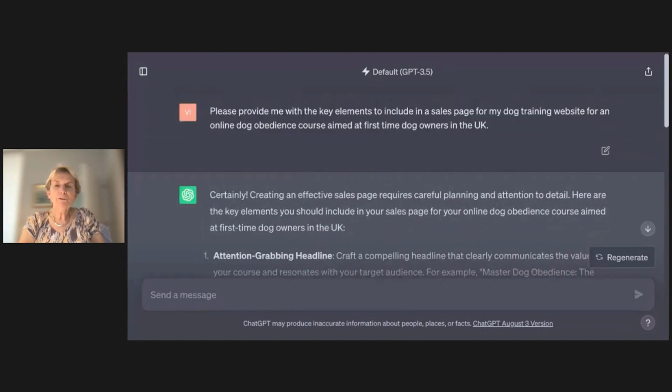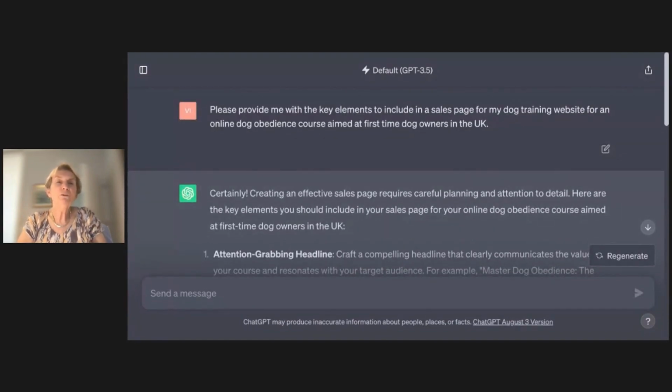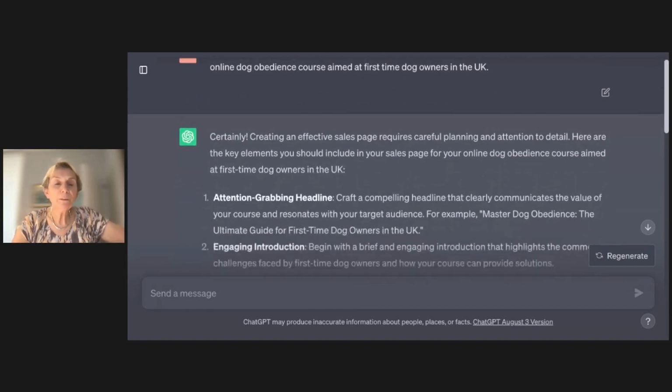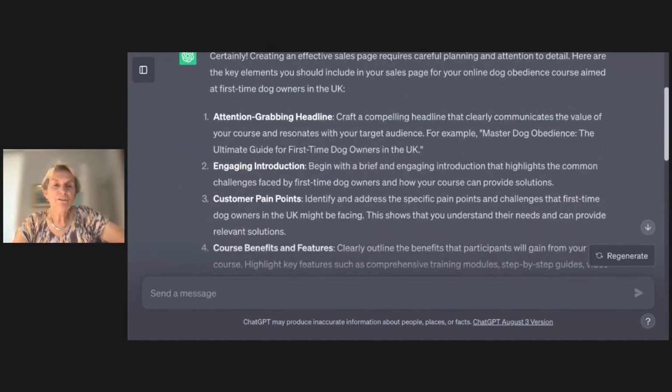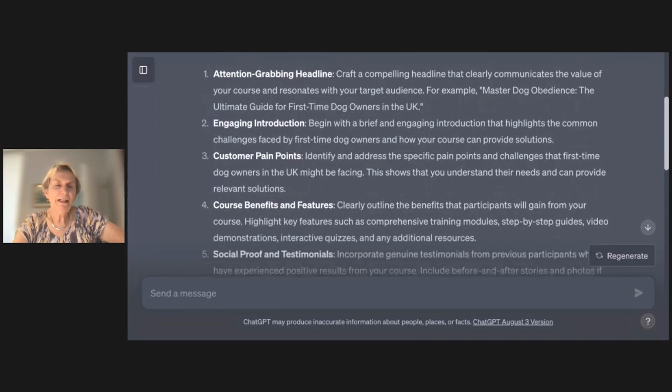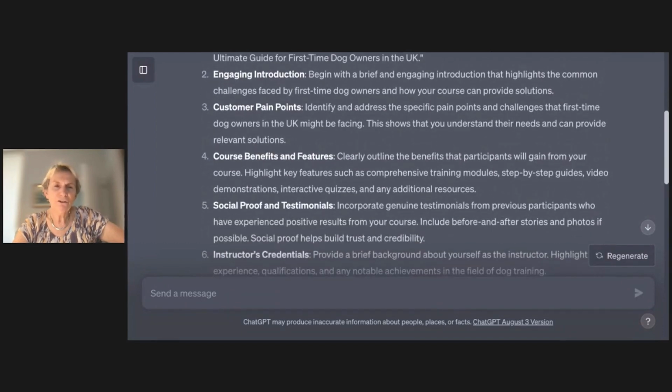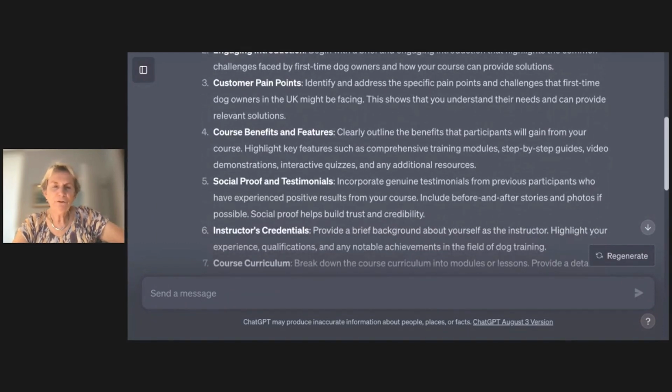Your course may be more specific. There may be more things you want to tell it about the owners you're aiming this at. You may want to tell it that some of it will be on Zoom, all sorts of things you may want to give it information on to allow it to refine the suggestions that it makes. But here goes with elements for an effective sales page: attention-grabbing headline, engaging introduction, customer pain points, course benefits and